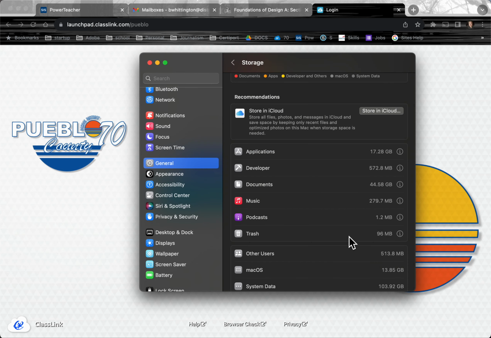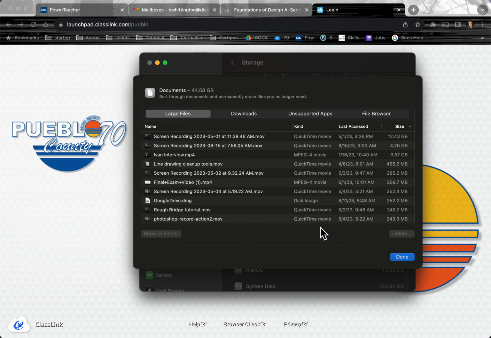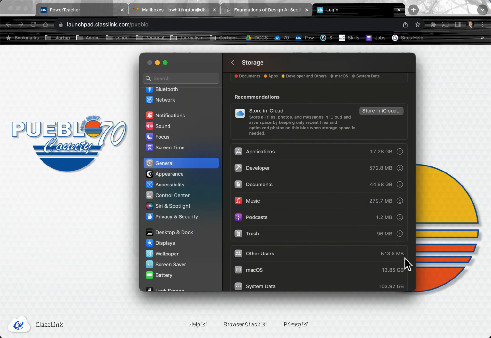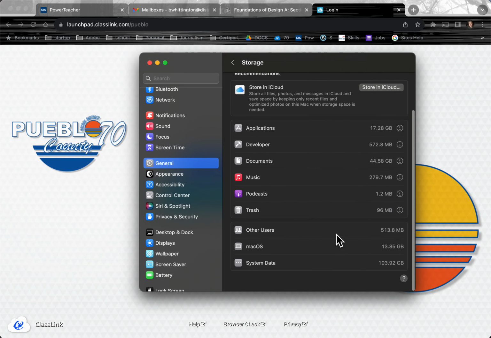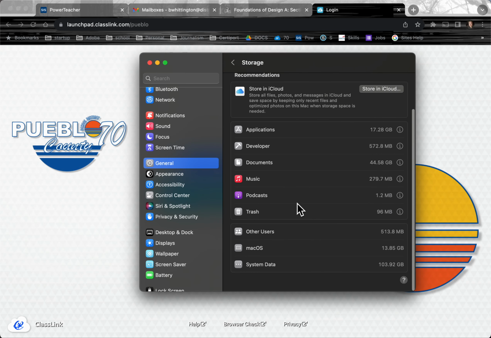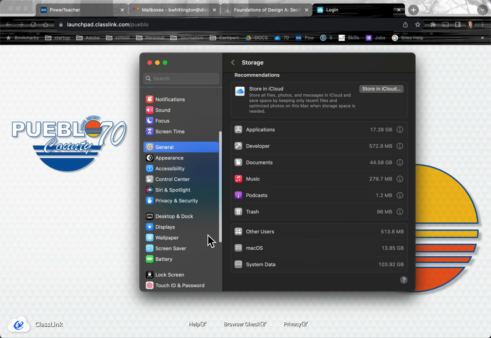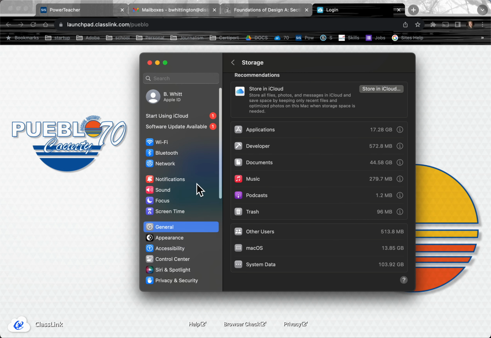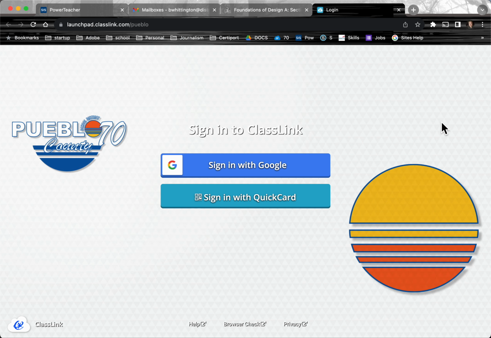Okay, so you can also go through Documents, just go through each one of these things and see what you might need to get rid of. Downloads, stuff is sorted, but it's a great tool to help clean up. So that can minimize the amount of space wasted on your hard drive to stuff you don't want. So once you've done that, we're ready to move into the actual installation of Adobe